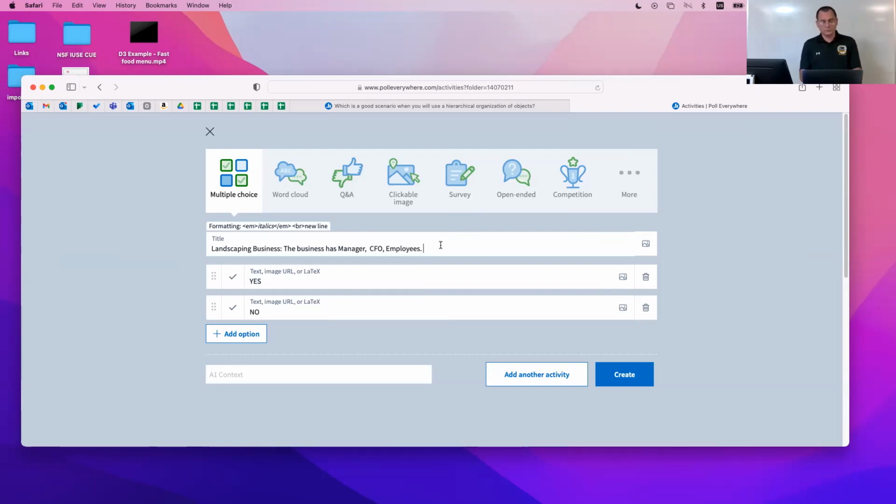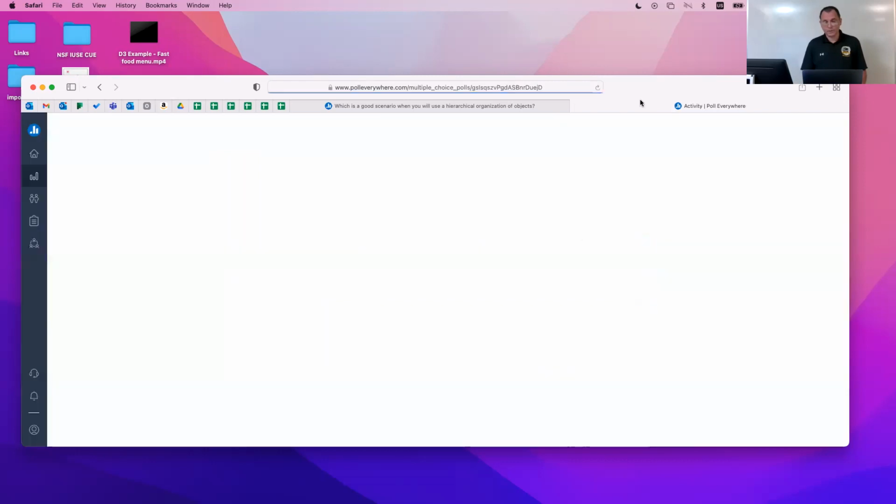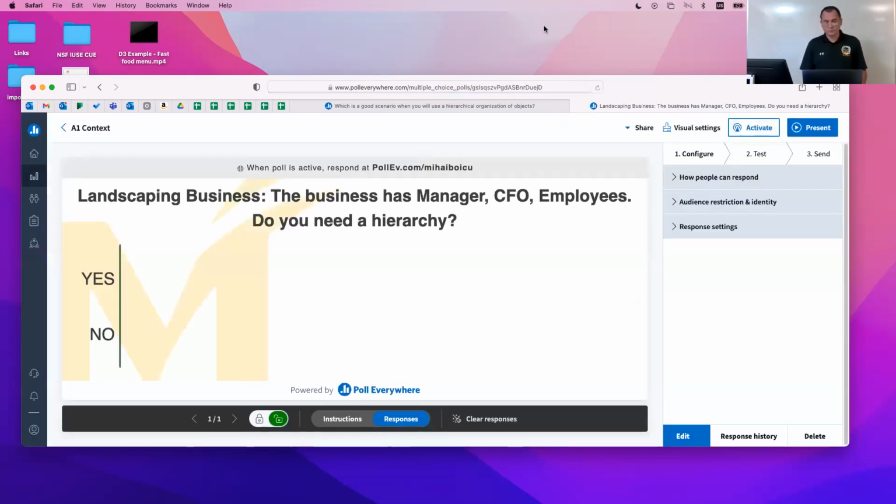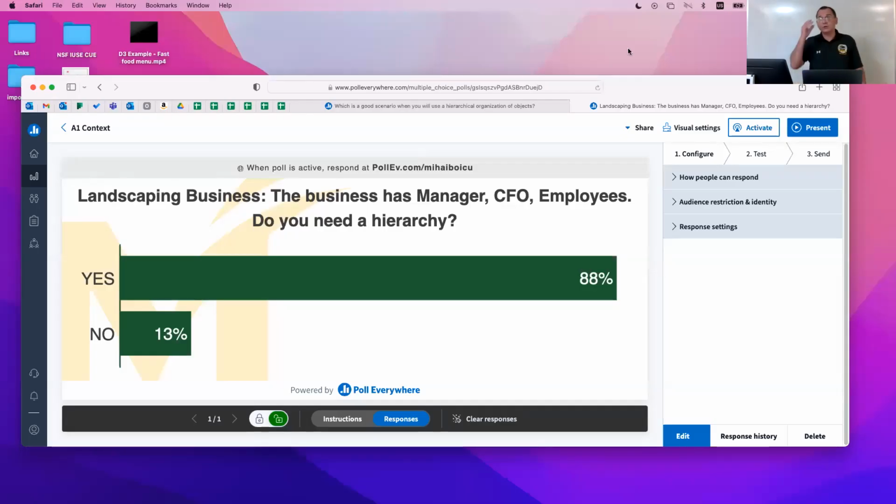Now, do you need a hierarchy? That's my question. Just yes or no. My suggestion will be no. At this point, we don't need a hierarchy, but as more information comes, we might need one. So we'll watch the specification to see if it asks us for a hierarchy. We keep in mind the possibility of a hierarchy, but at this point, with this information, it's much easier just to draw an employee entity,